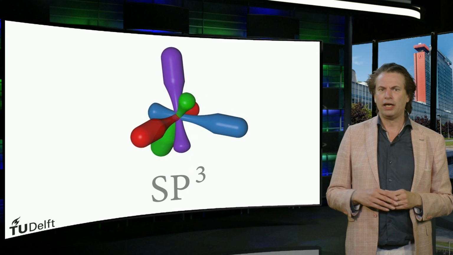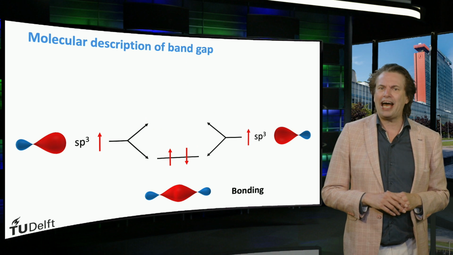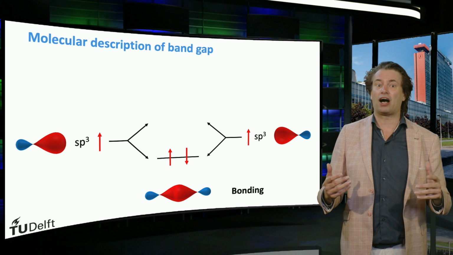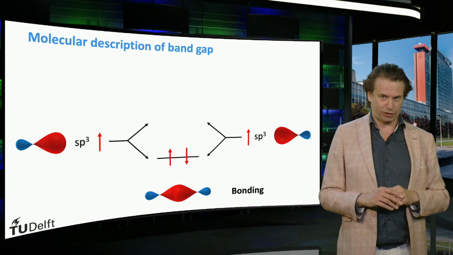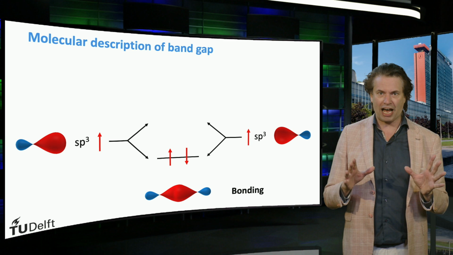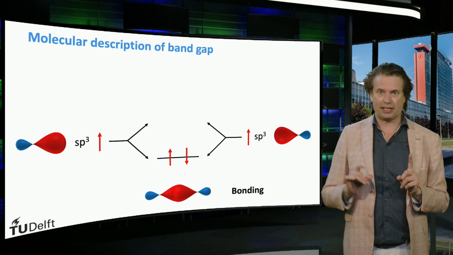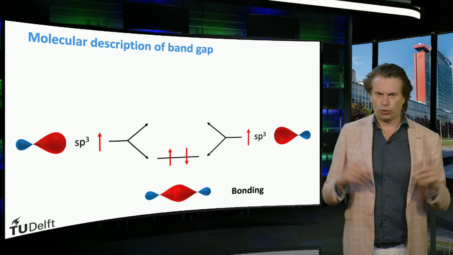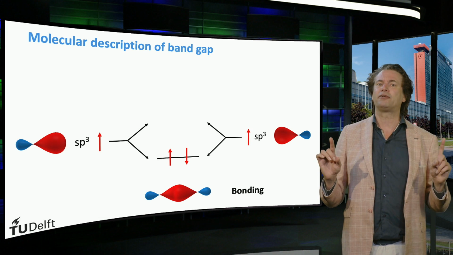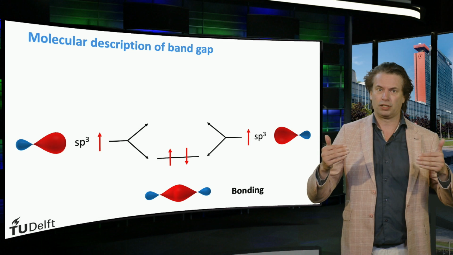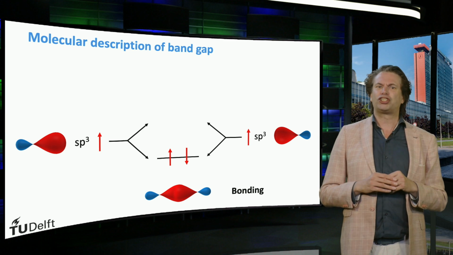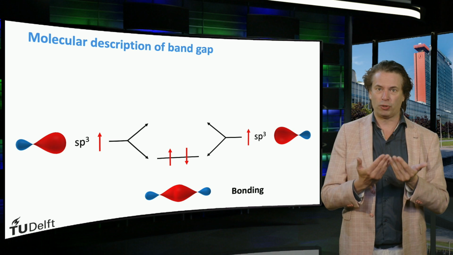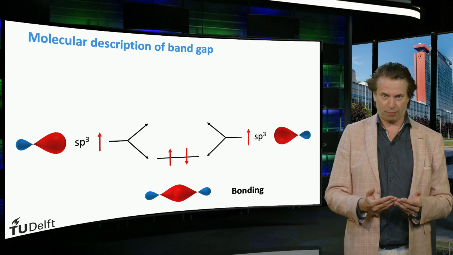For that, we have to look in more detail at how a bond is made between the atoms. Here you see 2 sp3 orbitals of 2 neighboring atoms which are at a far distance from each other. Both orbitals have 1 electron at a discrete energy level that resembles that of the sp3 hybrid. To establish a bond, the 2 atoms have to approach each other. The orbitals start to overlap and merge into 1 molecular orbital with its own shape.